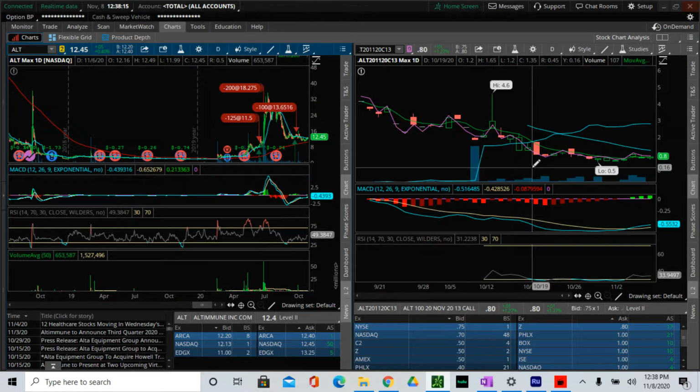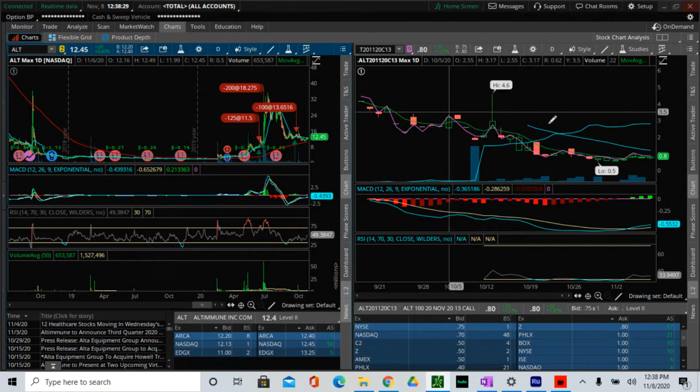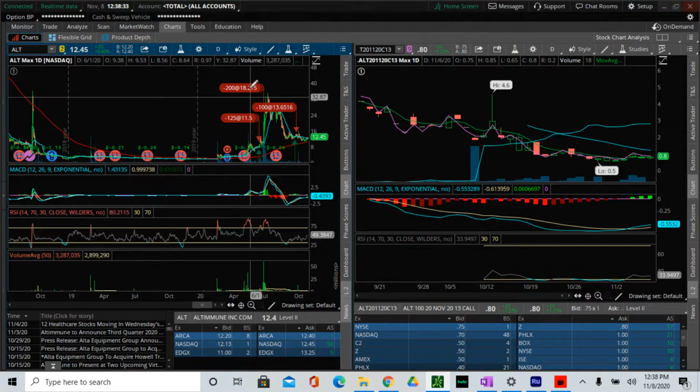And I was asked a question recently on how do I research a company, right? And right now we see that I have ALT up on my chart. So this is the stock price chart and this is the options chart. And essentially here, as you can tell, I've already traded this before. But I already have a little bit of knowledge or background on what this company